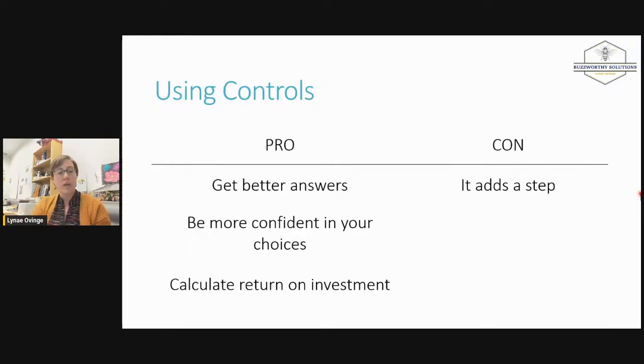And you can also calculate the return on your investment. So in the case of deads, with Apa Surprise I had way more live hives than with Apivar. And then you can figure out what that treatment costs you and what it's delivering in your operation. And so there's a lot of pros to using controls, but obviously the big con and the reason why a lot of you don't, and again, I'm well aware of the context of commercial beekeeping being really busy, is that it adds a step. It's another thing you have to do.